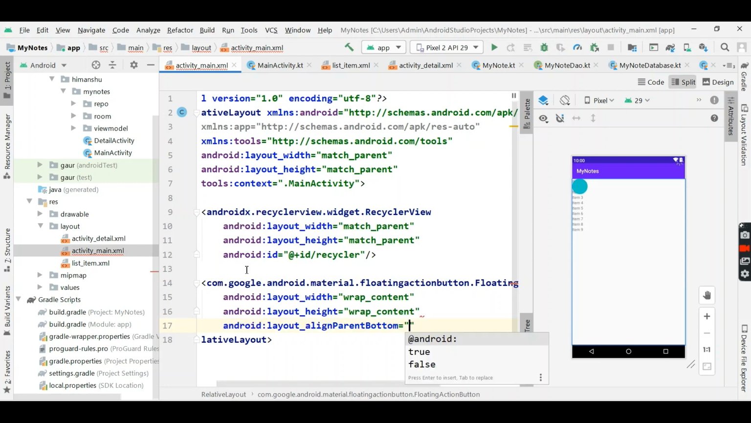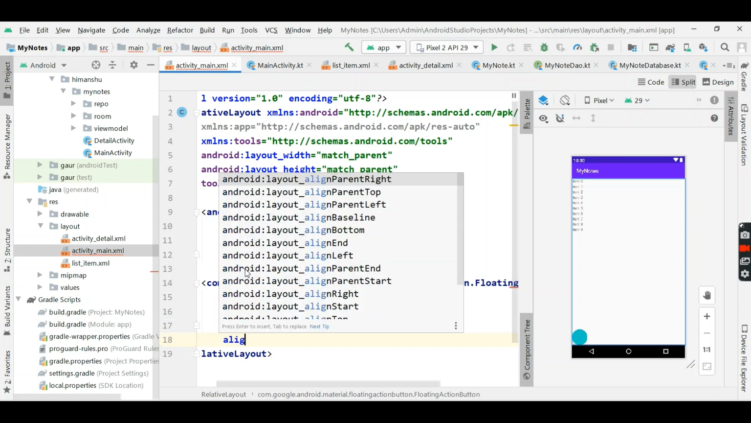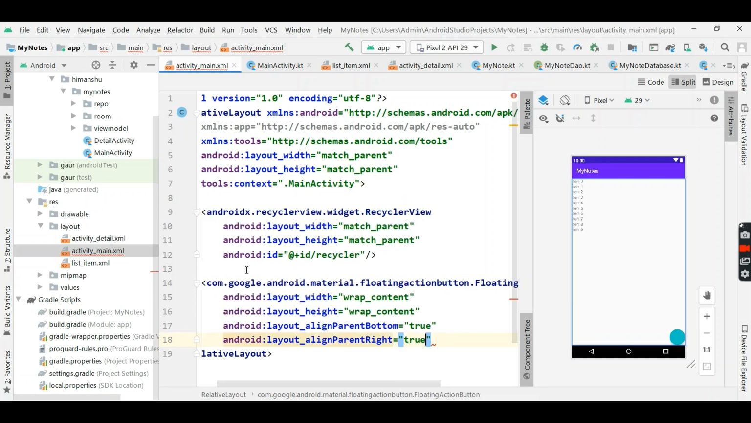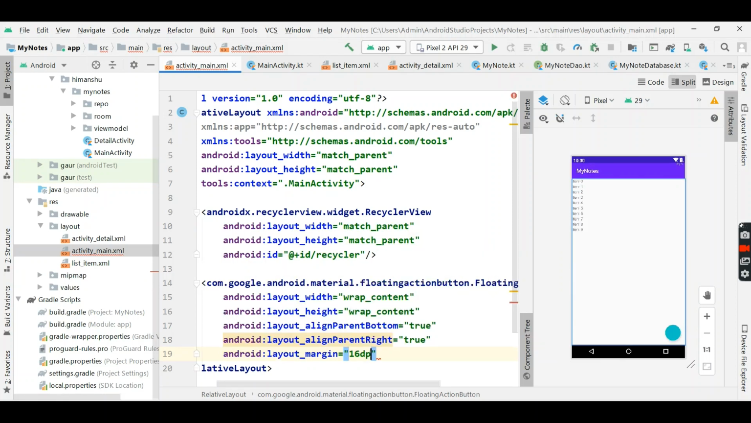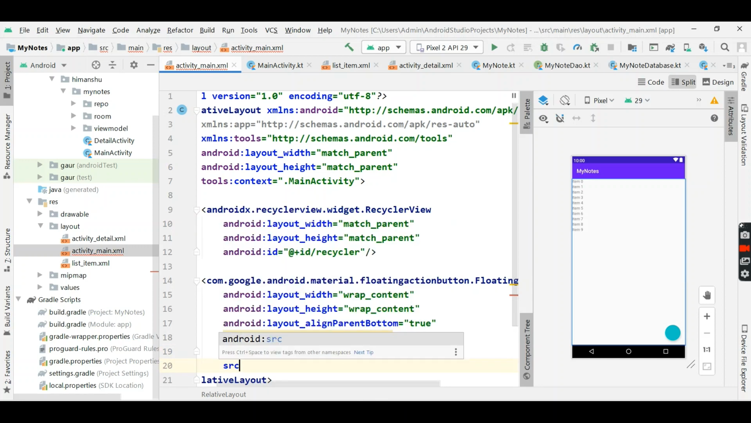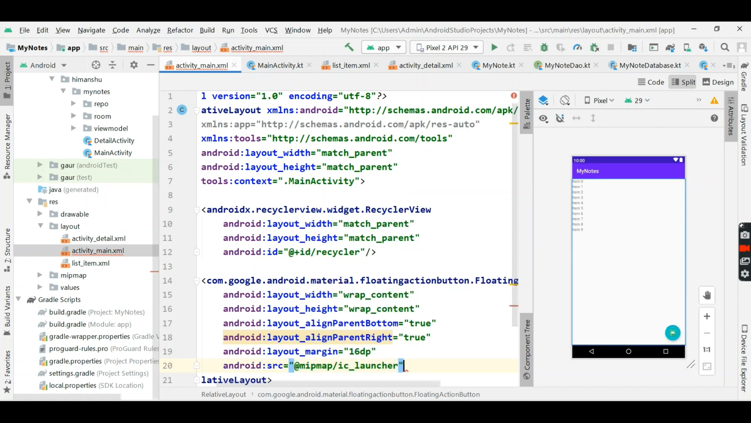align parent bottom is true, and now align parent right is true. Provide some margin, so 16 dp is good. Okay, and I will give a source, so for this source we will go in our